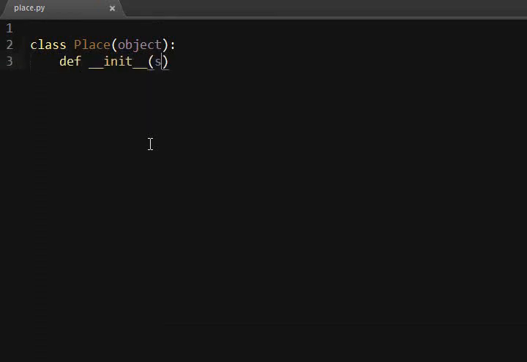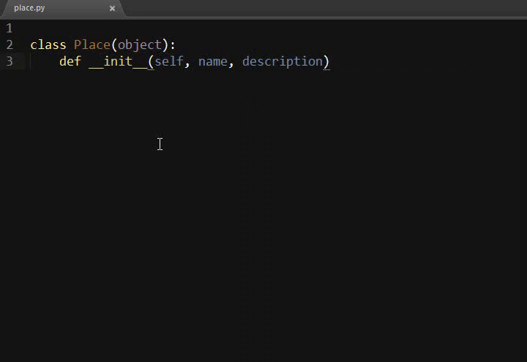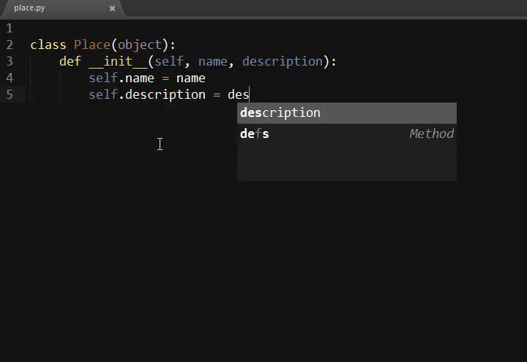And so this is going to be a model for just a place, not necessarily a room or anything, but just a basic place. It's going to have a name and a description. That's it. So self.name equals name, self.description equals description,